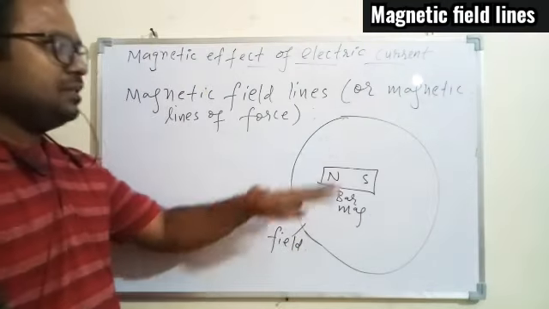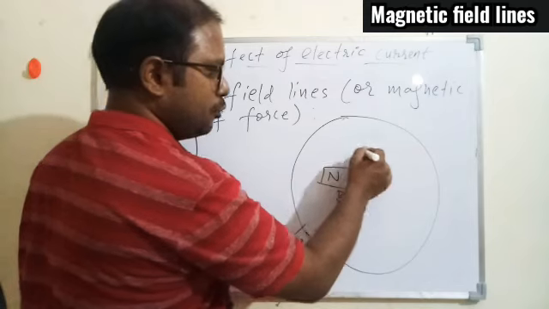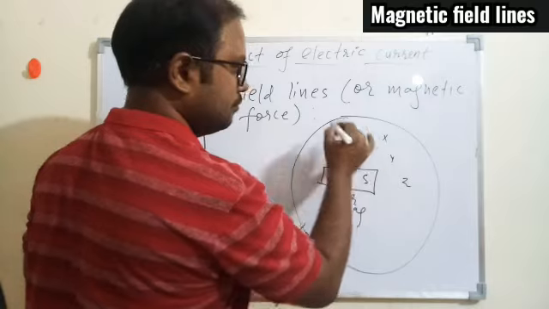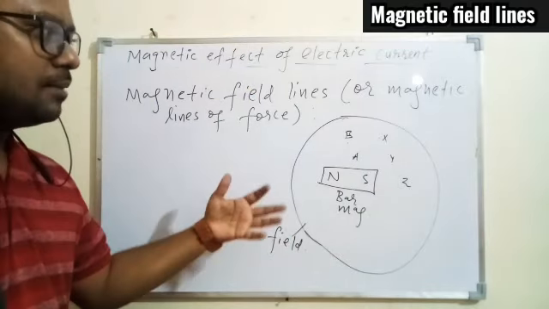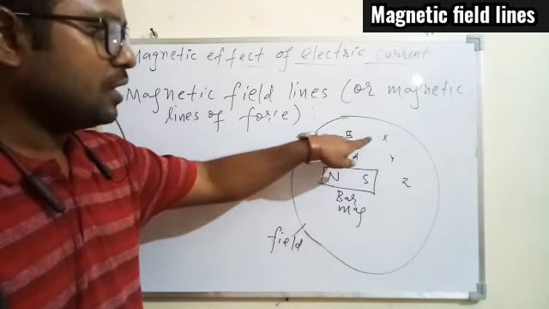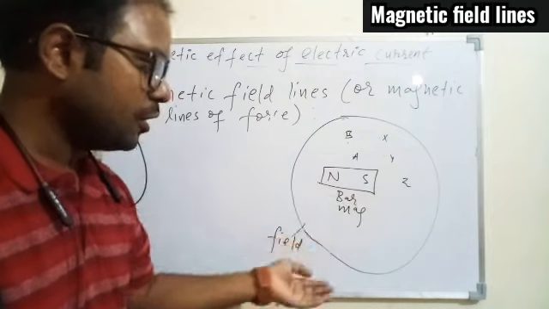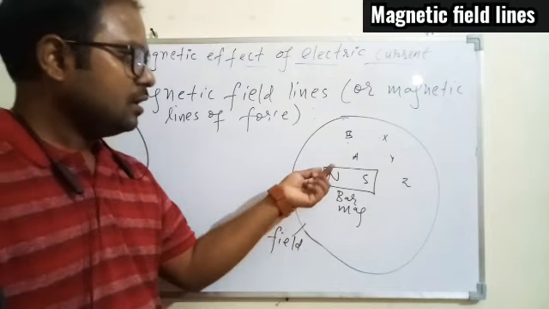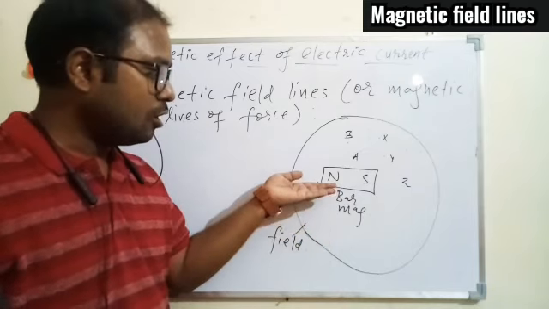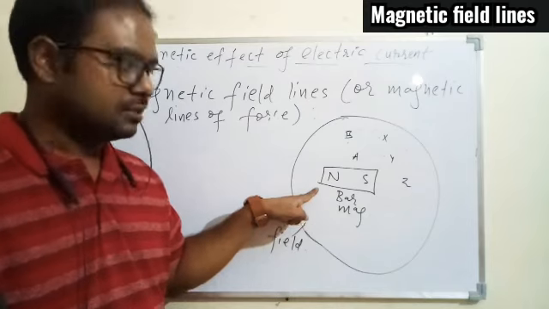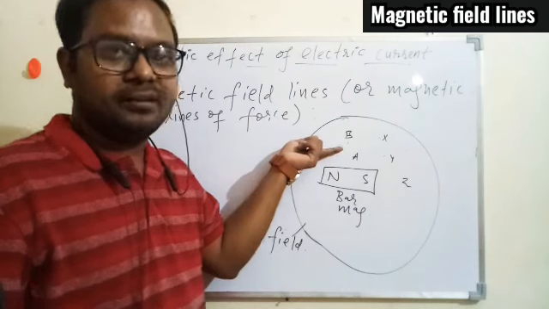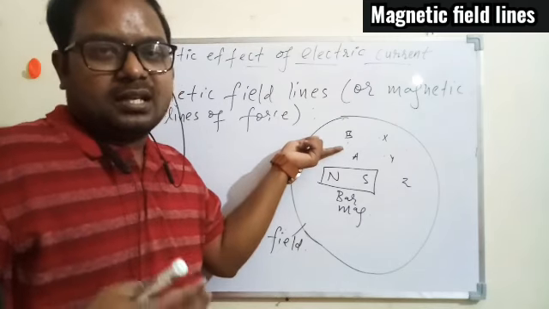Okay, and within that field, every point, if I say point X, Y, Z, A, B, every point will have some strength. Means if I place any magnetic material at point A, point B, point X, Y, Z or any other points within the space, then every point there will be some difference in the magnetic field, that is the strength of the force given by the magnet. So within the magnetic field we have the magnetic force, and every point the force will be different, and that force is a vector quantity.